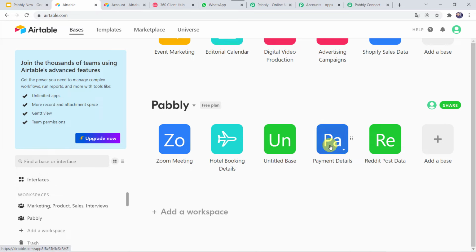Now before clicking on save and send test request, first let us create a new record over here. Now here I am just going to add the record details manually. But if you want to learn how you can create an automation between your payment gateways and Airtable, we have attached a complete video in the I button of this video.